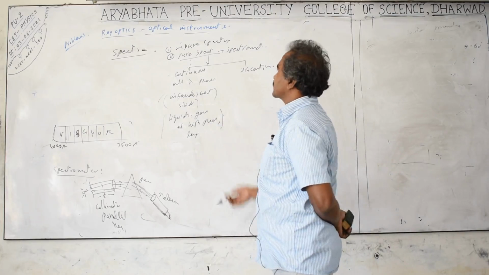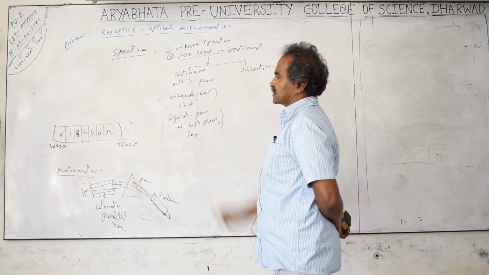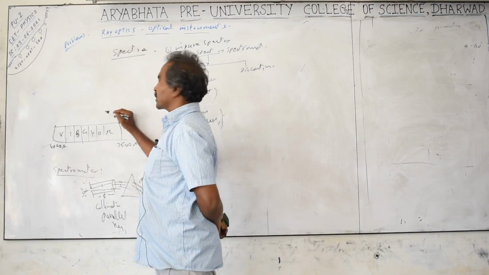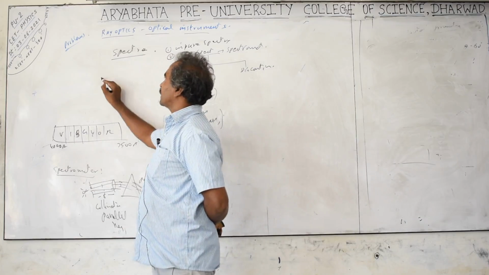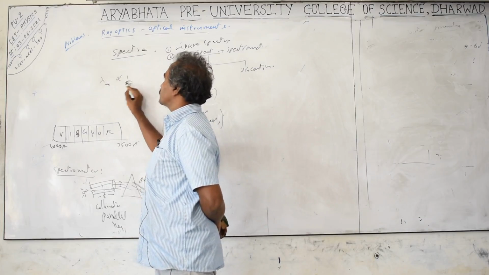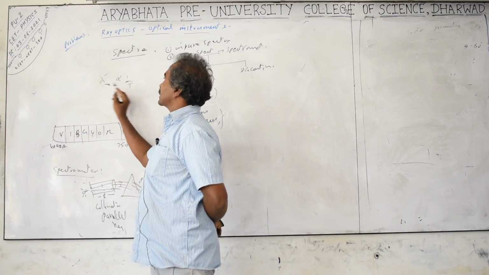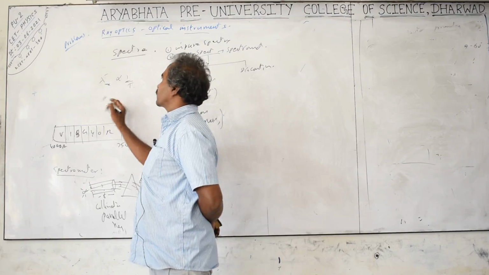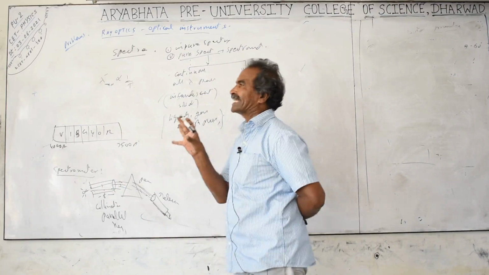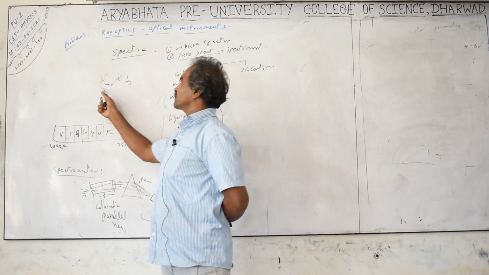When heated to high temperatures, they become red hot and produce the wavelengths, and depending on the temperature, different colors are produced. The relation is Wien's displacement law. Lambda maximum, the wavelength of maximum intensity, is inversely proportional to absolute temperature. More temperature, less wavelength. Less wavelength means more frequency, and more energy also. Lambda max is the wavelength which has the most intensity.